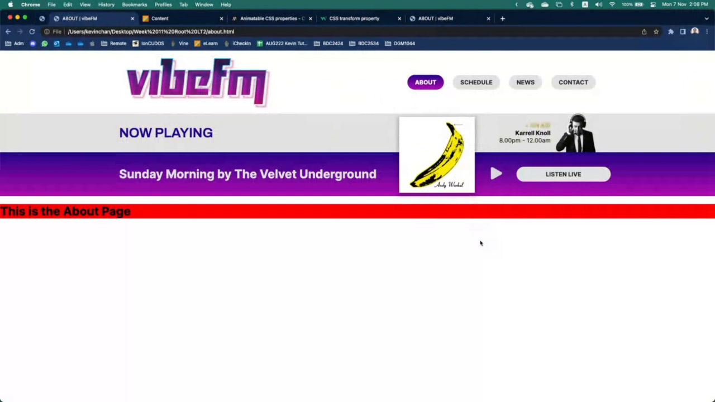So if you are in your schedule page, in the future when you do a schedule page, then move the active to the schedule. If you are in the news page, move the active to the news. Whichever has the class name active will stay in this active state, because in the CSS,